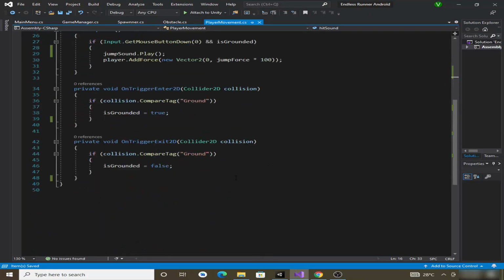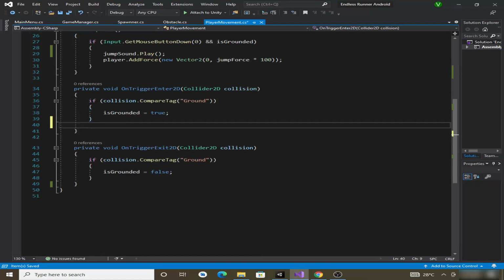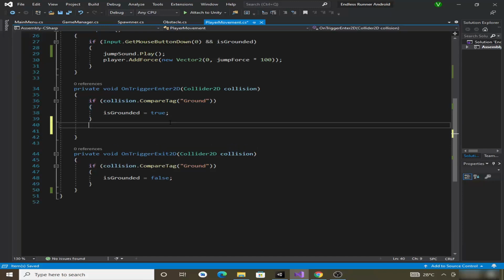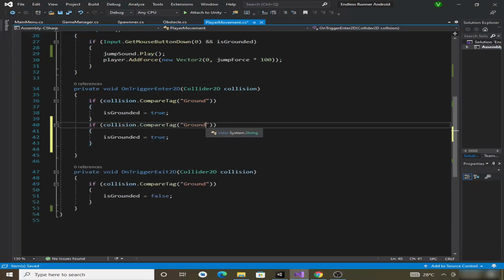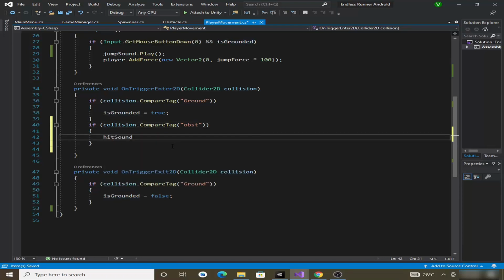Now we want to play it if the collided object is the obstacle. So copy this if statement and paste it here, and we will say collision.CompareTag("OBST"). Then we want to play this sound, hitSound.Play,